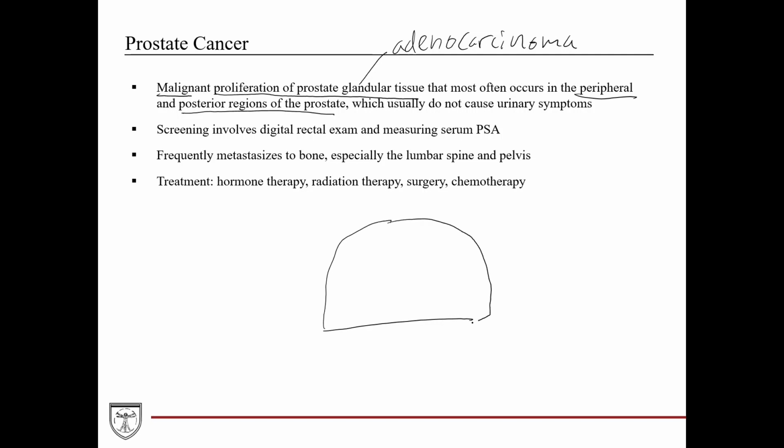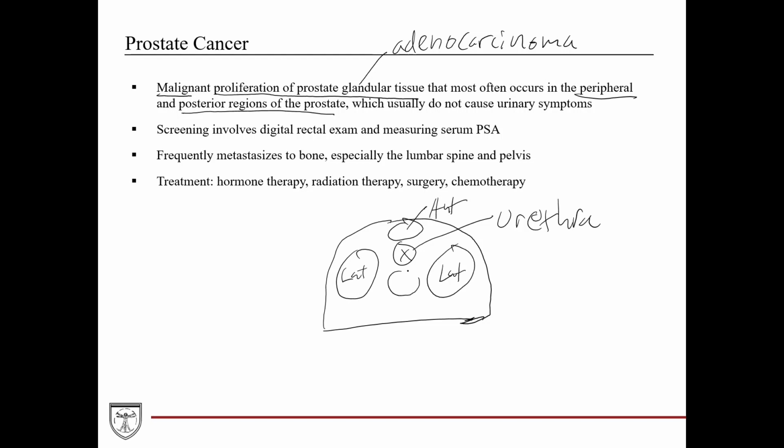They may not necessarily be on an exam, but again, it helps you differentiate. So again, if we draw the urethra here, we'll mark an X there so you don't think it's a lobe. So you've got the urethra there. You've got the anterior lobe here. You've got these lateral lobes. Let's just say lat. You got the middle here, let's say mid. And then posterior here, post. And then actually, the rectum